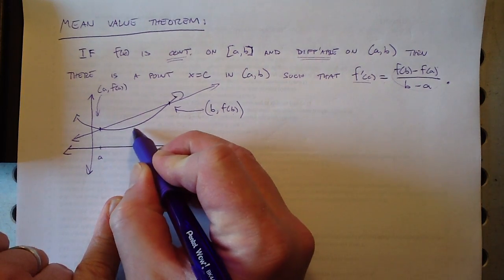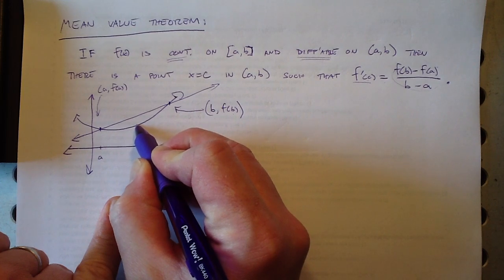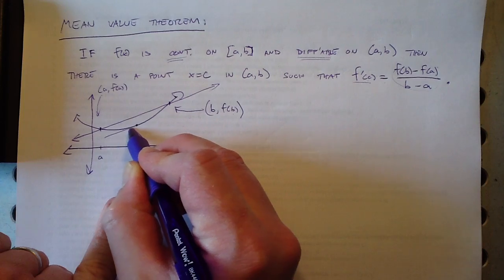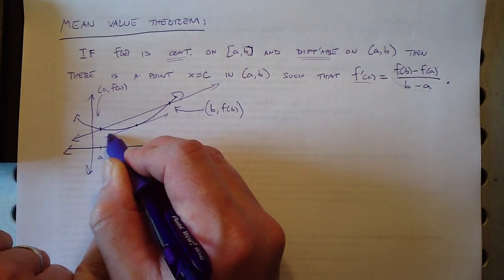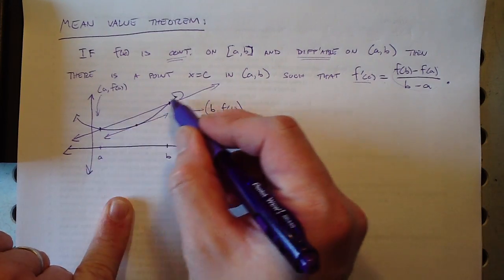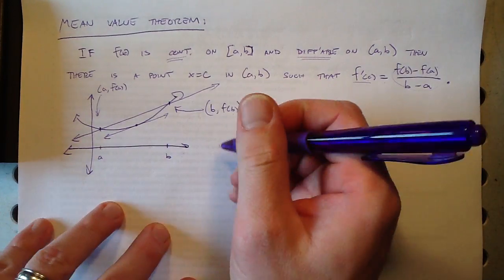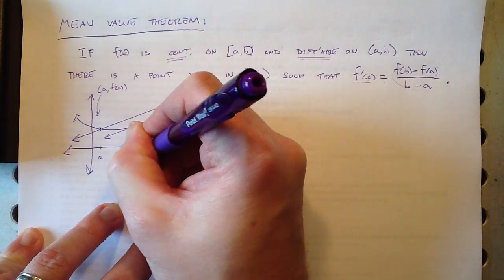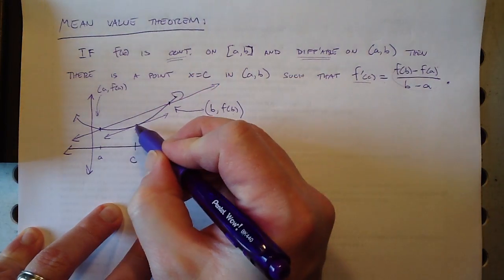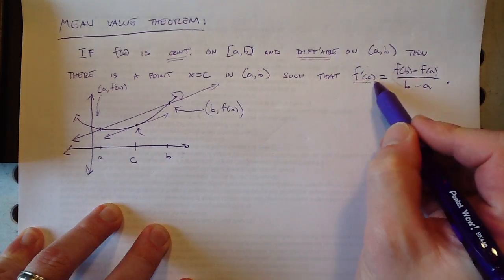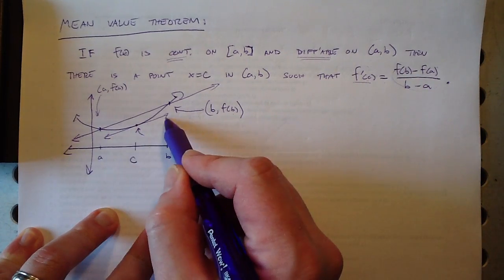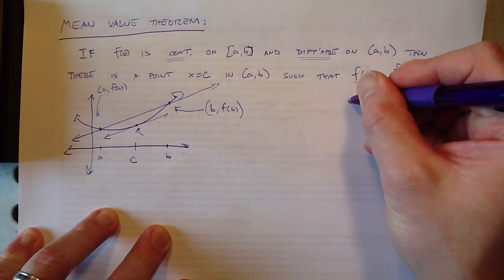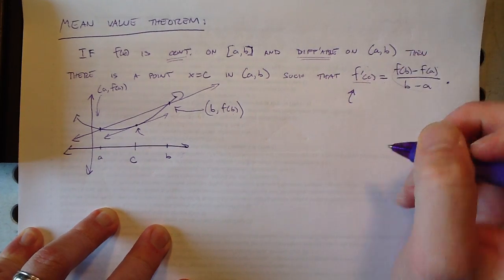Okay, so I think right around here, if you thought right around here, it looks like we would have a tangent line that has the same slope as that secant line. So here, there's our c, right? And at this point, the derivative of the function, the slope of the tangent line, is equal to the slope of the secant line. And that's, I think, a great way to understand this theorem,